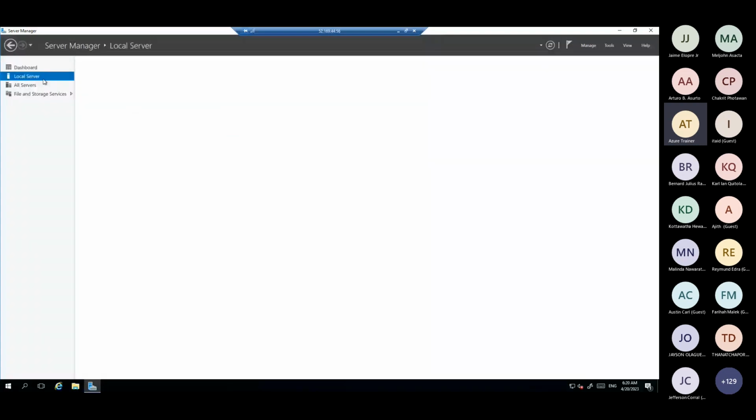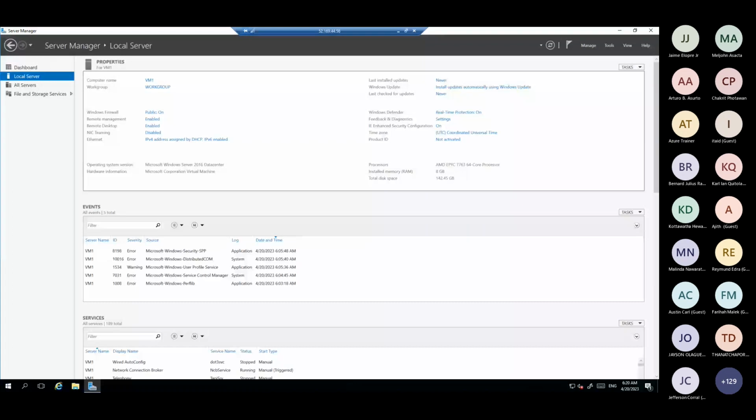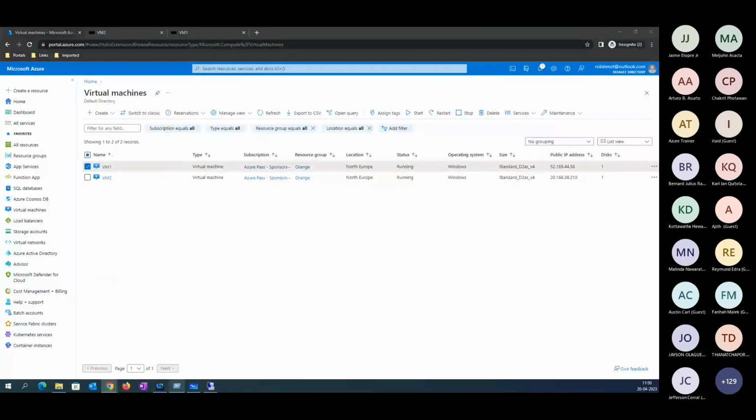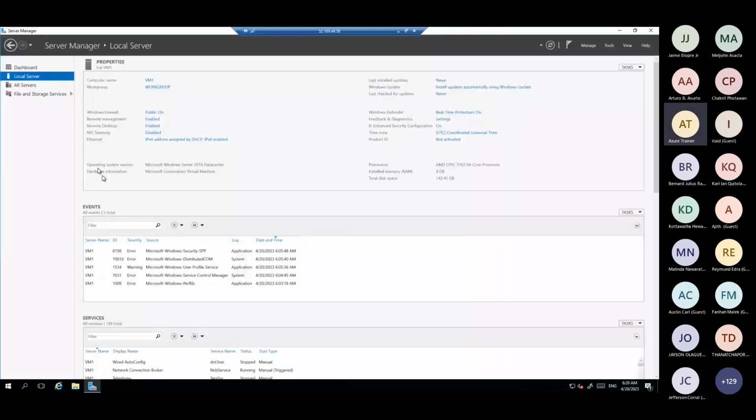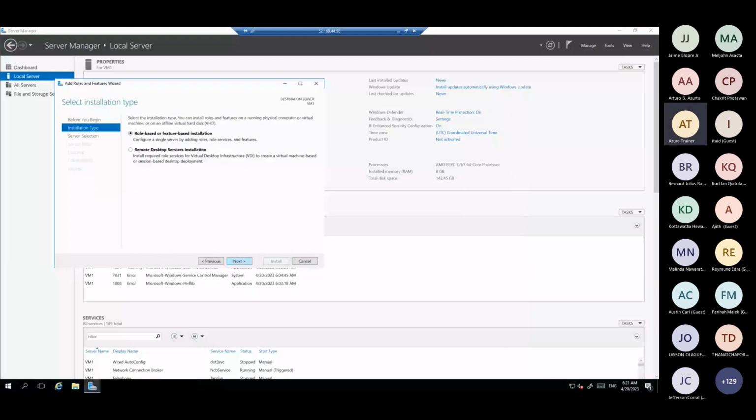Let me install an IIS server here. Let me go to the portal. Let me install the IIS service here. Next, next, next.